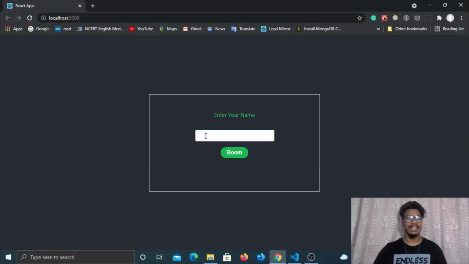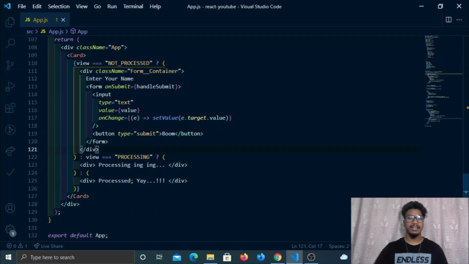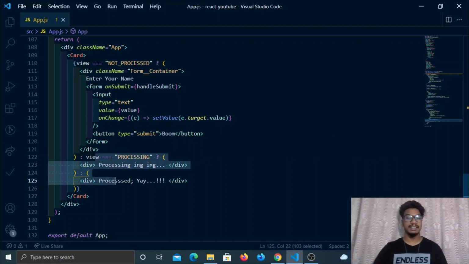So as per the UI, as per the user, this doesn't make any difference. I'm seeing this processing and processed. This is pretty fine, right? But when it comes to the readability of this code, or when another developer wants to change some things regarding this view, he needs to know all the conditions I wrote here. Let's say I want to add an error case also. If there is an error, I need to show it in the view. So what I'm going to do is write one more nested ternary in this ternary operator. That could be a bit messy, right?